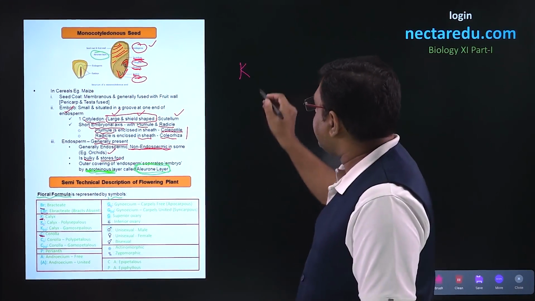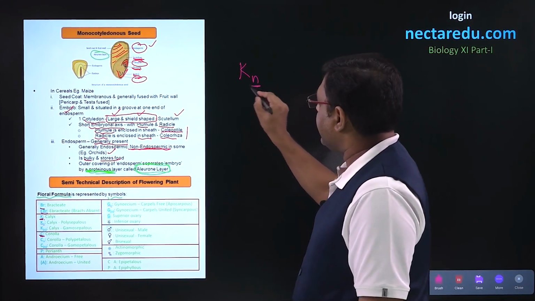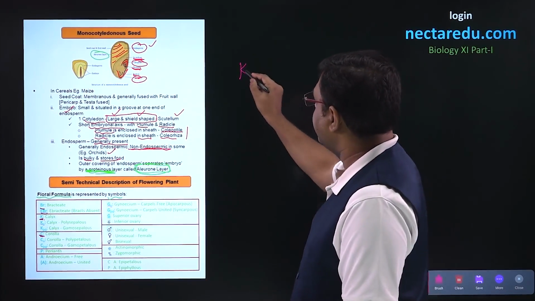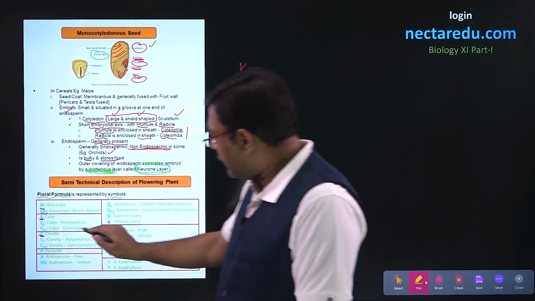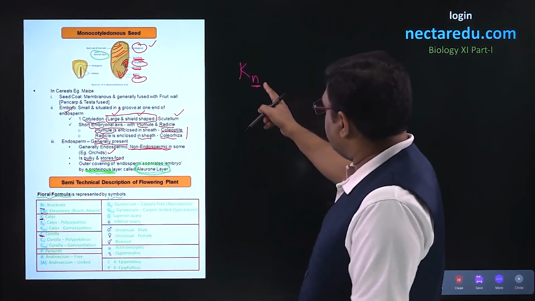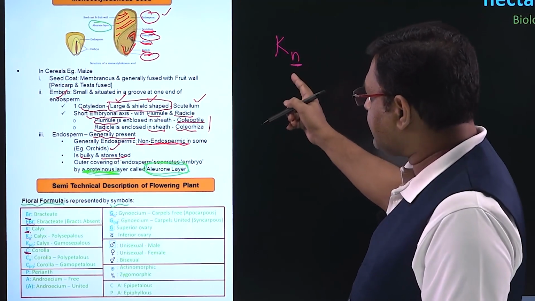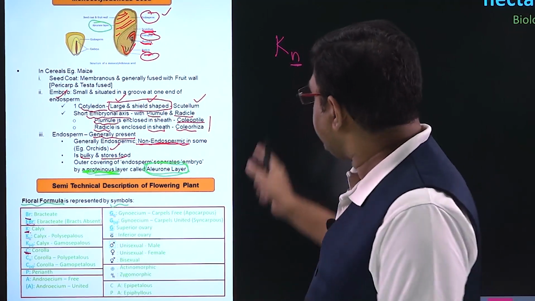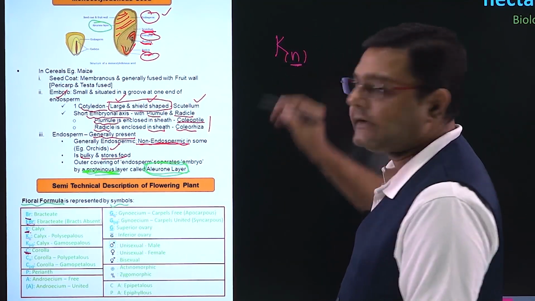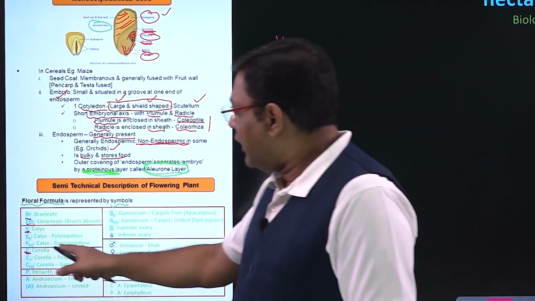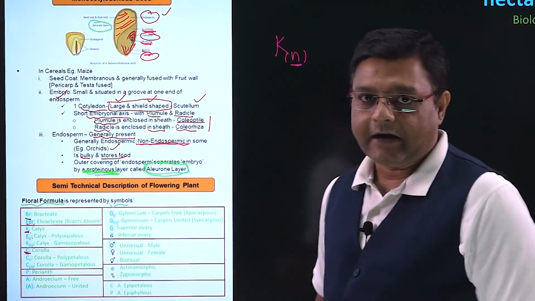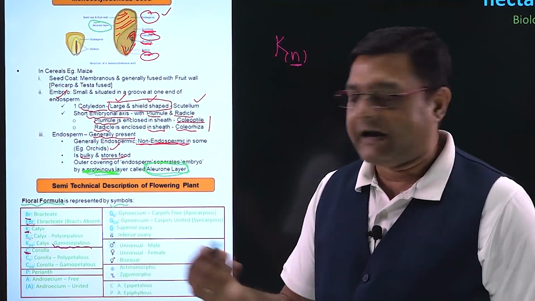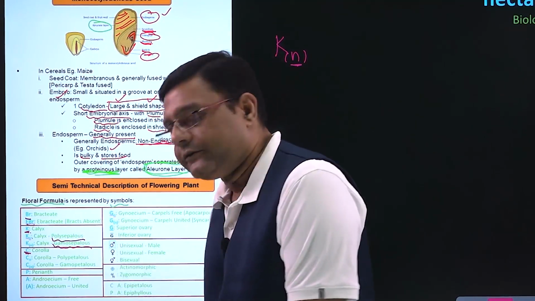Now, the number of calyx can vary, and the number we write here. So, if there are 5 sepals, we will write it as K5. So, that is how N comes here. Now, we talked that in the case of calyx, these can be fused or these can be free. If these are fused, then we put a bracket around here, and if these are not fused, we do not put a bracket around it. So, the fused condition will obviously be gamosepalous and the free condition will be polysepalous.